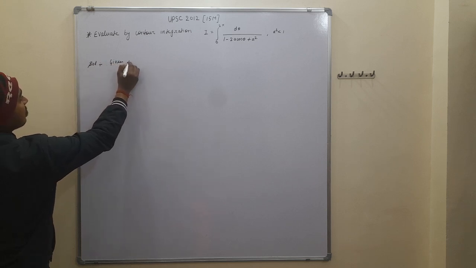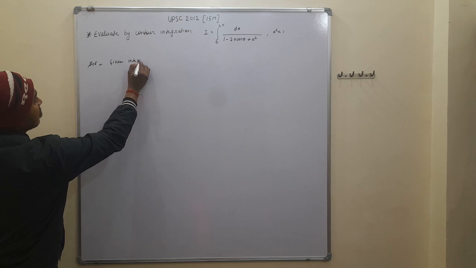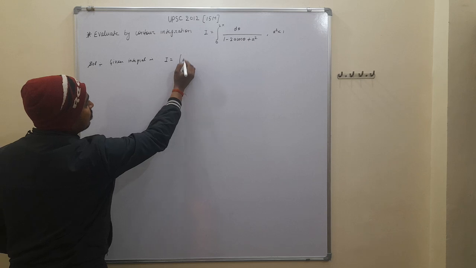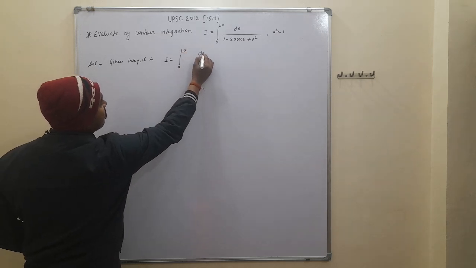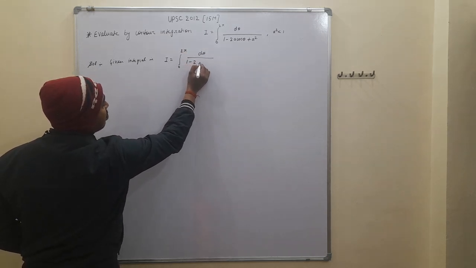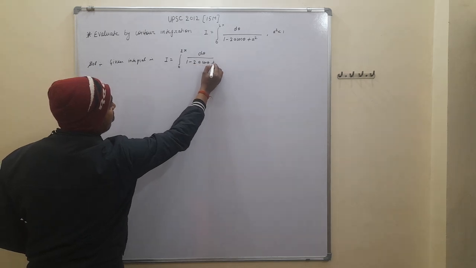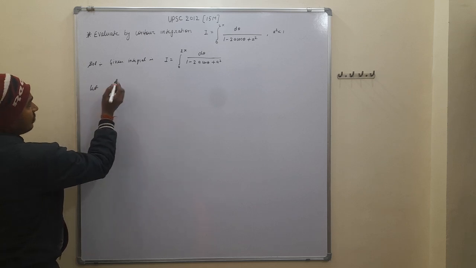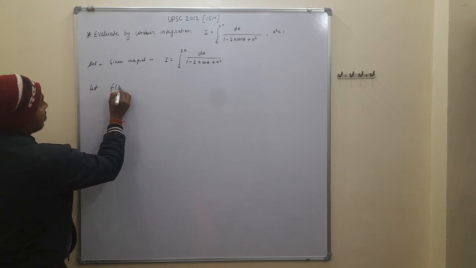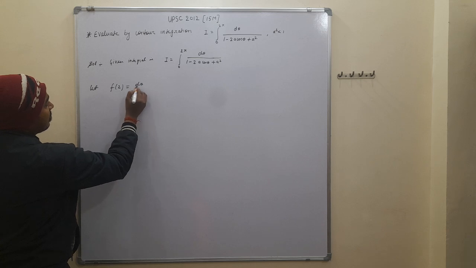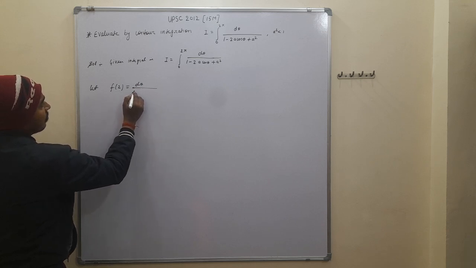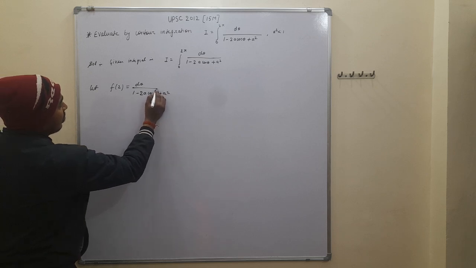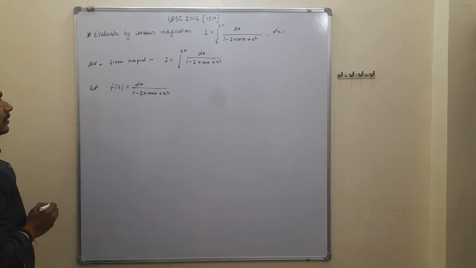Given integral is I equal to the integral from 0 to 2 pi of d theta upon 1 minus 2a cos theta plus a square, and let this be f(z) equal to d theta upon 1 minus 2a cos theta plus a square, and